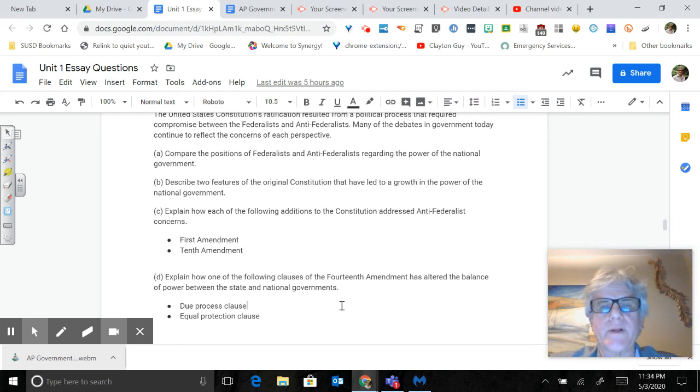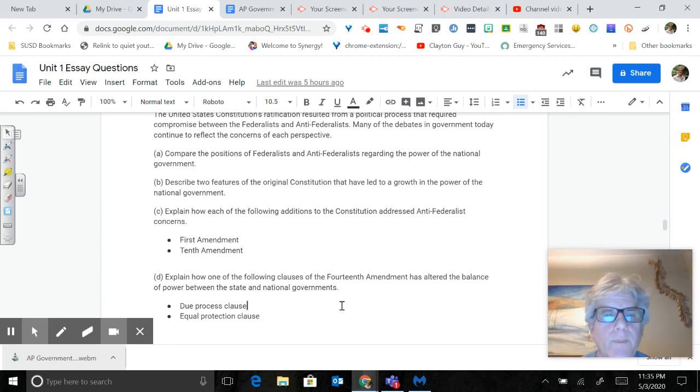The Federalists wanted a strong executive. They wanted a strong judiciary to basically regulate rules and regulations. Even, you know, Alexander Hamilton wanted the judges to serve life terms. He even wanted the president to serve for life. So they wanted a strong national government. The Anti-Federalists wanted a strong state government. They wanted the Articles of Confederation.